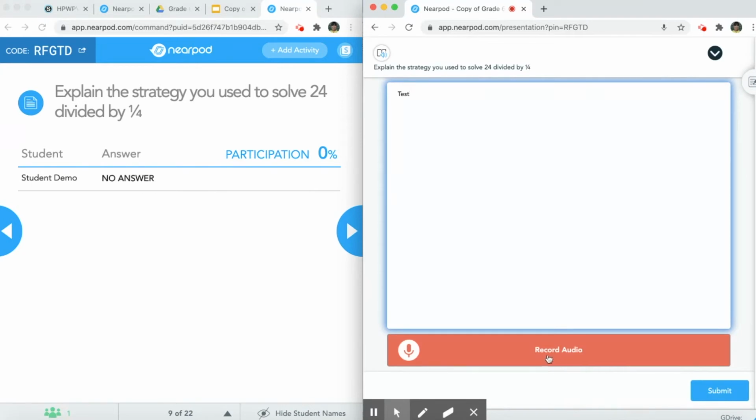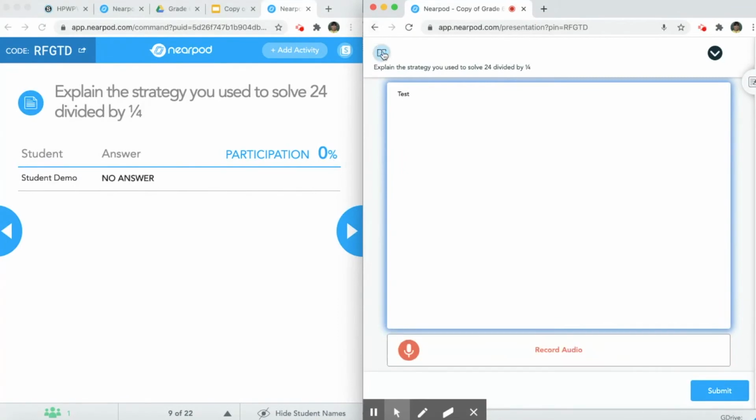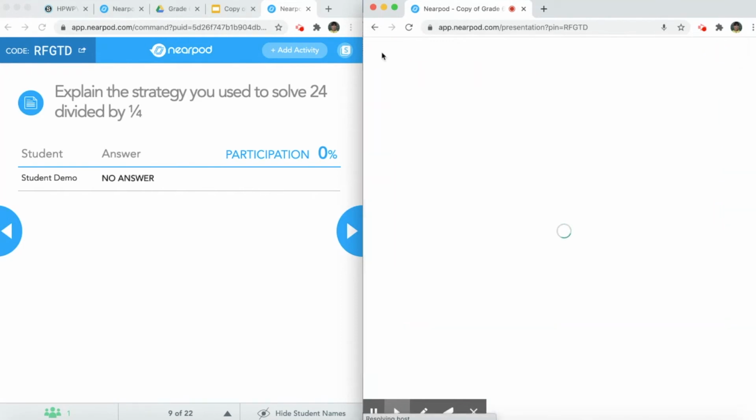If a student is selecting to record audio, which we highly encourage, it will prompt students to access the microphone, to allow Nearpod to access the microphone. So once they have done that, they should be able to record their audio response. Now, the immersive reader is here. It is available. If students were to click on that,